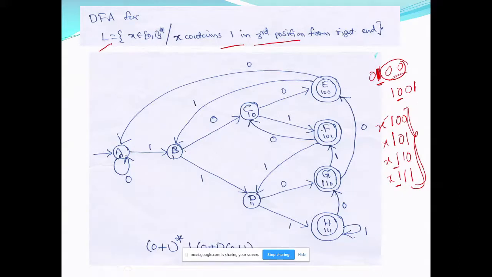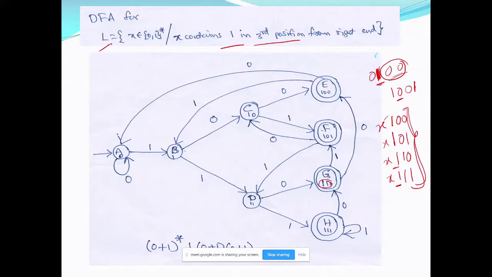Then now look at this. I'm starting in the initial state. You can see in the states I have specified 0, 1, 1 0, 1 0 0, 1 0. Just to remember that E is for 1 0 0, F is for 1 0 1. But actually you should not write this. Just to illustrate, I am writing 1 1 0, 1 1 1 and so on. So that E is for remembering that at the end you have 1 0 0, F for at the end you have 1 0 1 and so on.